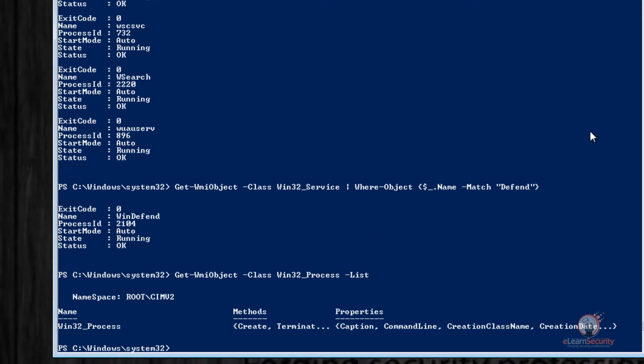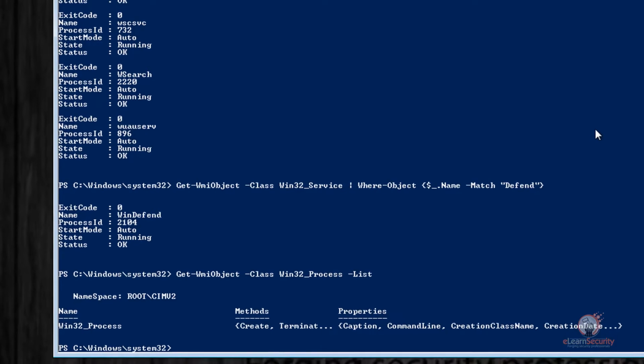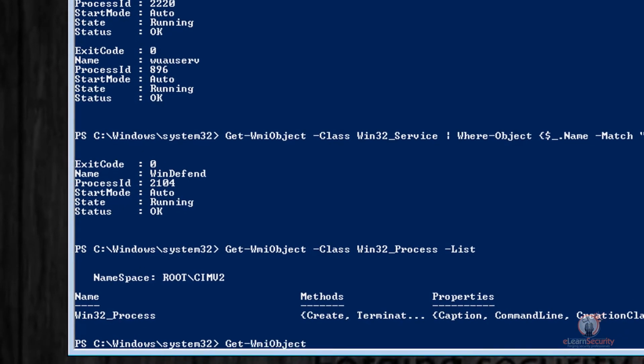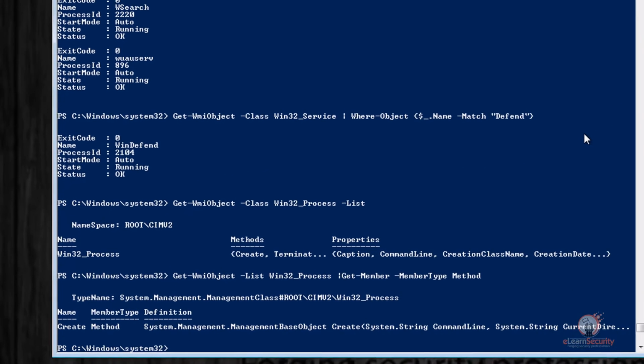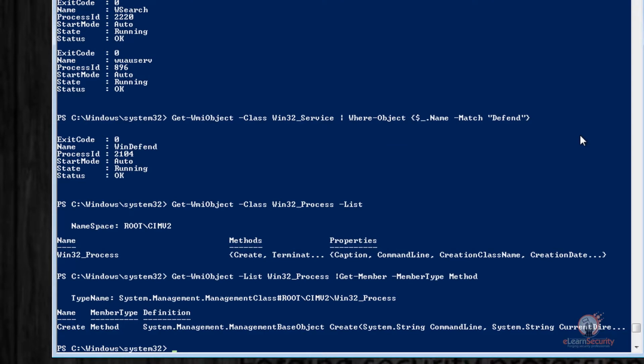We can get specific information about a class's available methods by piping results to the Get-Member cmdlet and using the -MemberType parameter and method name like follows. We can see that the previous command returns the methods available with the win32_process class, and that the available method is the Create method. This method will come in particularly handy for us, as it allows us to create arbitrary